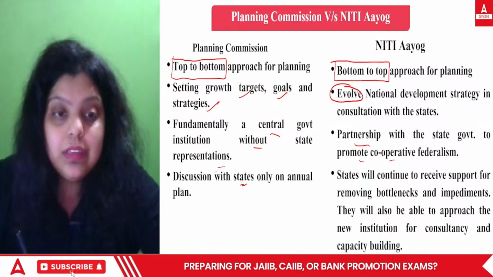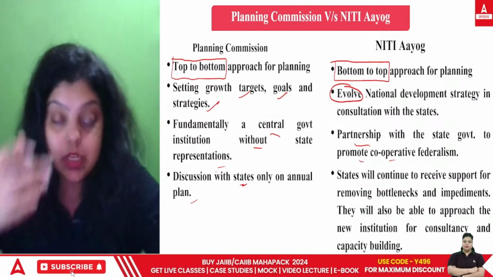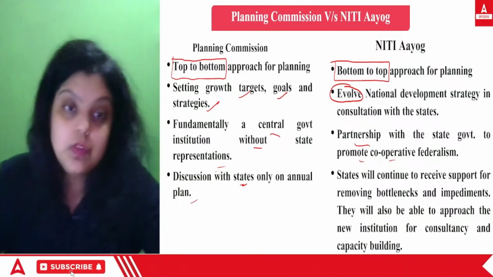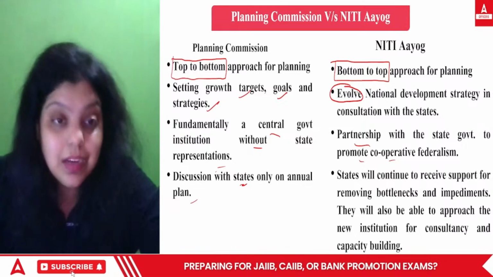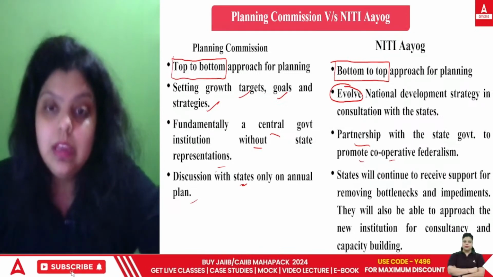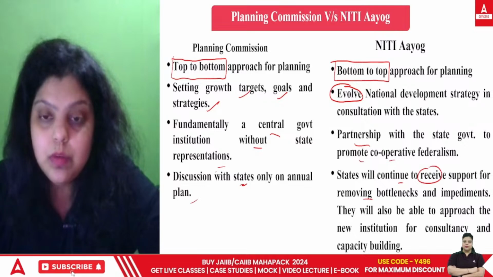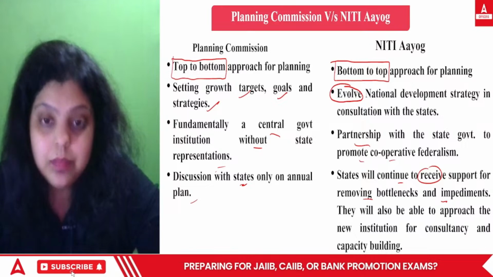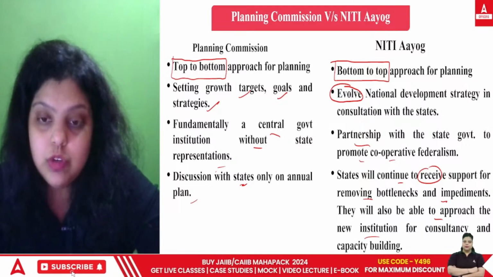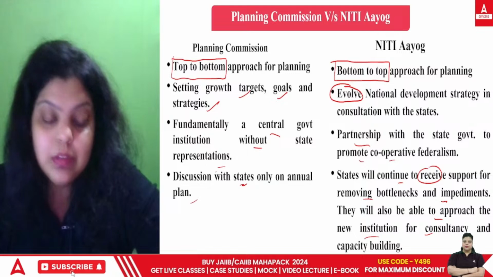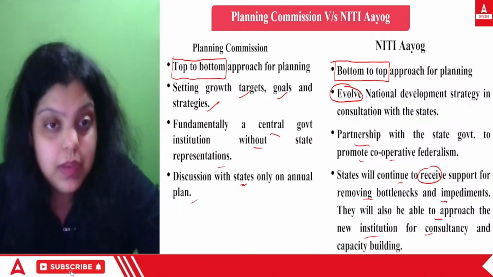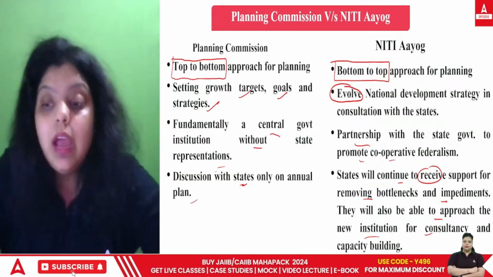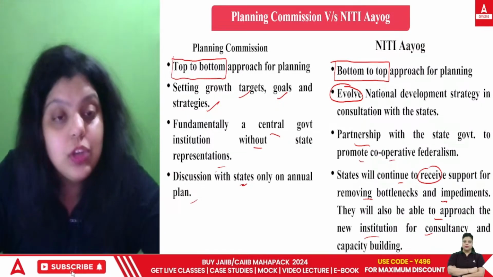Now, decisions with the state were only on the annual plan. Sorry, discussion. With the states, there used to be a single discussion, and that was only a one-sided discussion. But in the Niti Aayog, states will continue to receive support in removing bottlenecks or hurdles from their path, and they will also be able to approach the new institution, that is Niti Aayog, for consultation and capacity building. So every time the states will be involved, if they want a certain kind of help, they will get the help from the Niti Aayog, and they can come to the Niti Aayog for consultation and capacity building as